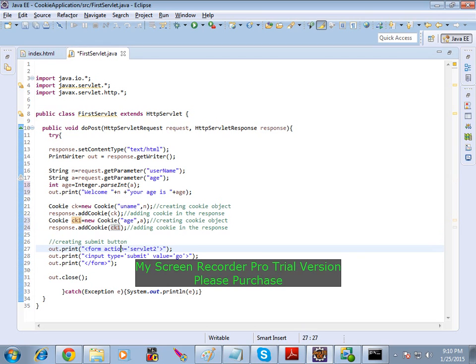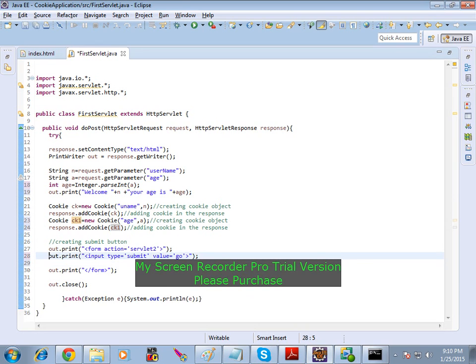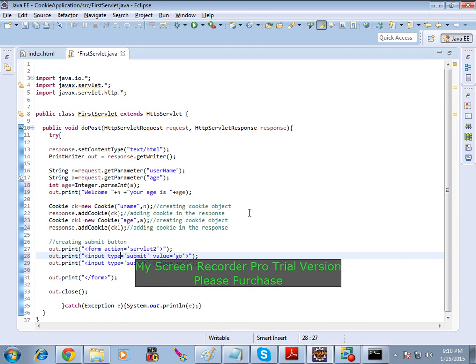Form action servlet 2, but there is only a submit button. I want to add one more thing, like say instead of having the submit, we can say text, what you can have, qualification, right? So here there is no need of value, we require name equals QUL, qualification, okay? But can you give double quotes inside double quotes? No, it's getting error, right? For that reason it is compulsory to give only single quotes, right?